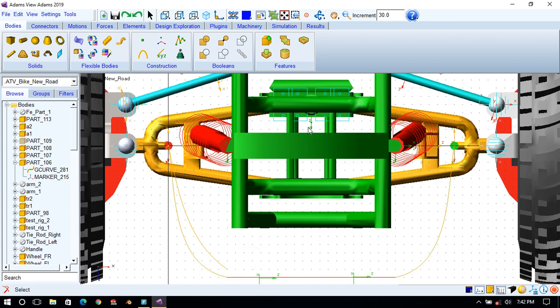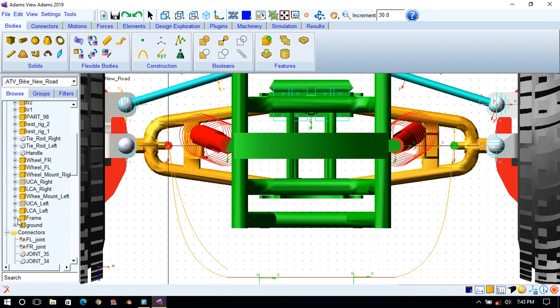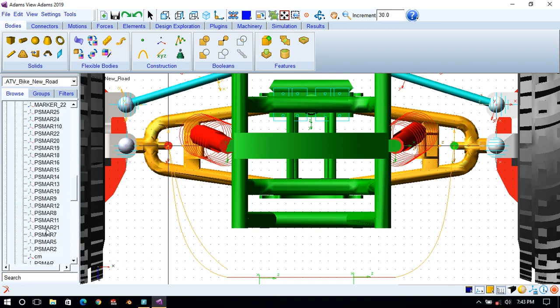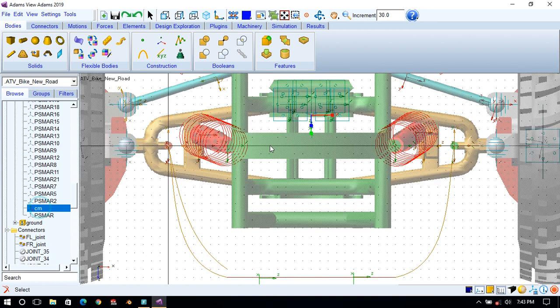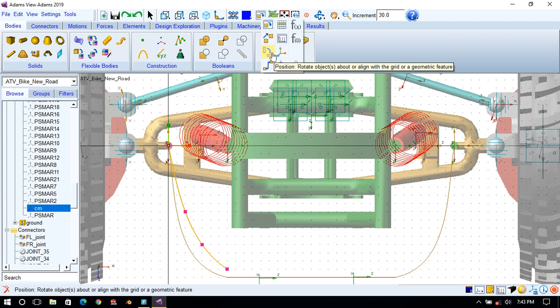So here is a frame, the center of mass of the frame is here. So what I will do, I will mirror this part. So select this part by clicking, go to the top bar, right click, here is an option called Position Rotate Object.